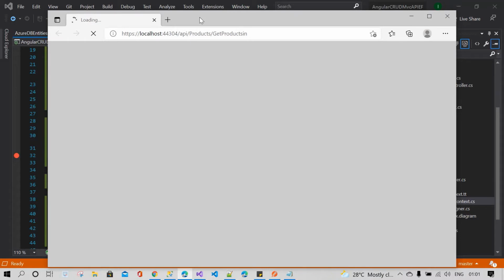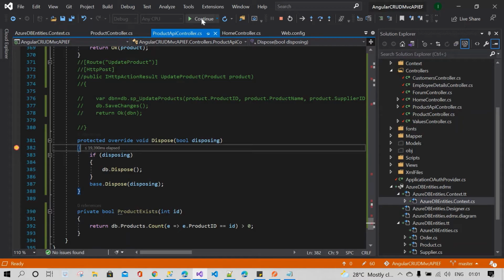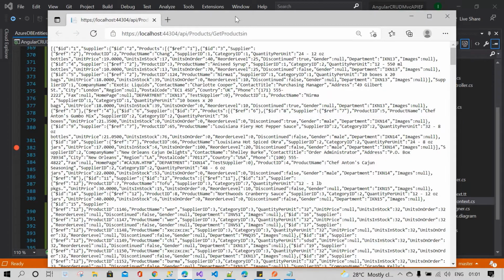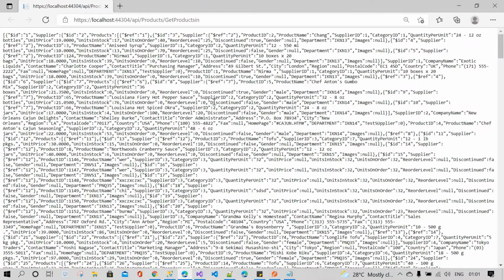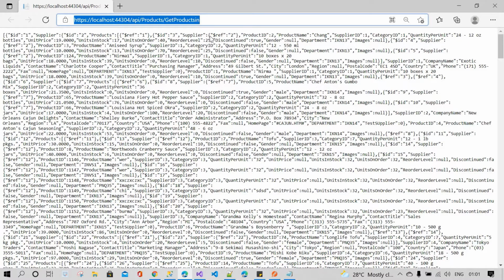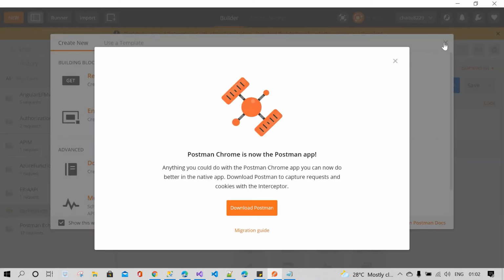Yeah, it's taking a high loading time. If you feel the loading time is too long, please forward the video at 2x speed. Okay, actually this is in JSON format. Okay, I will check this in the